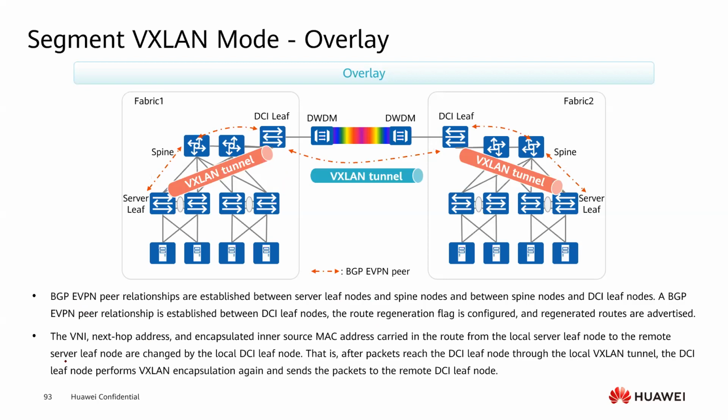What is important is that we need to enable a feature. This feature will let the VNI, next hop, and inner source address be changed by the DCI leaf node. So what does it mean? It means the server leaf sends the packet to the DCI leaf. Once the DCI leaf sends this BGP EVPN route to the other DCI leaf,